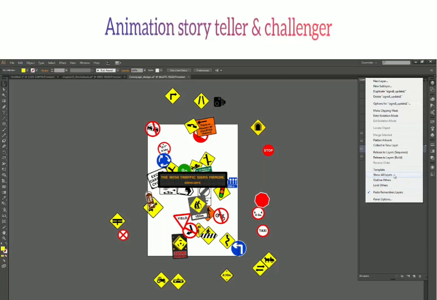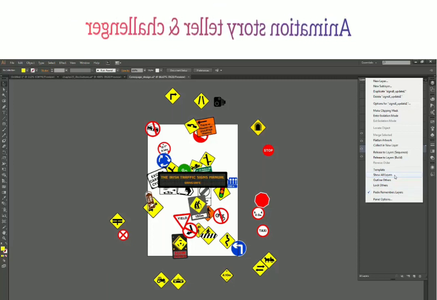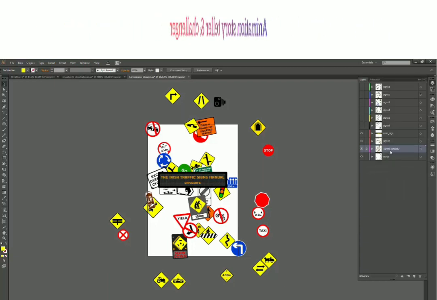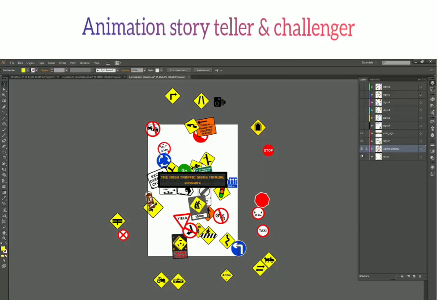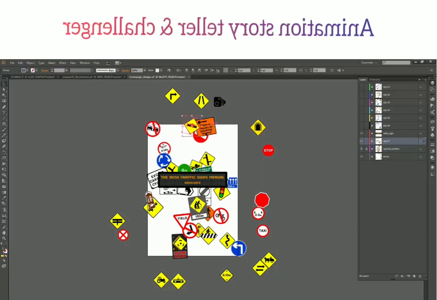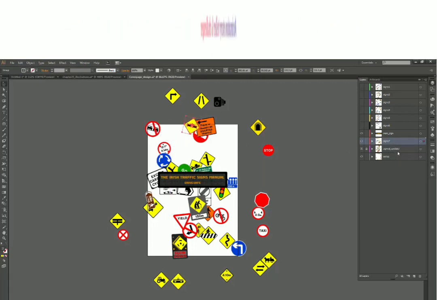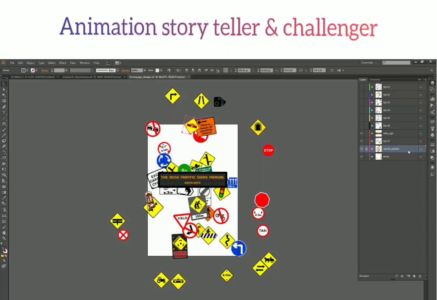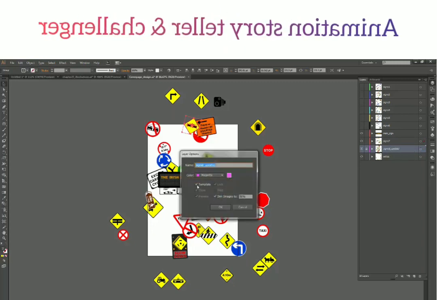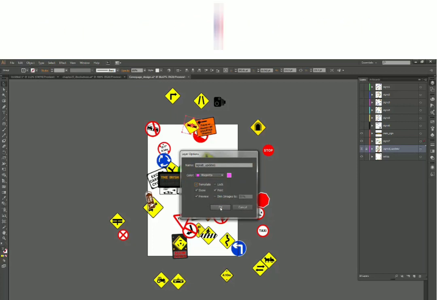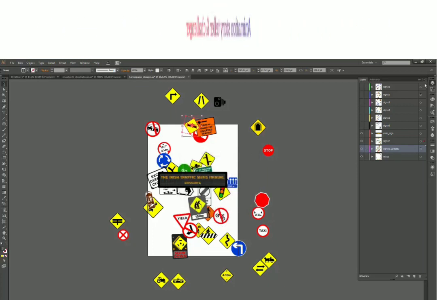And we have this show all layers, which we have seen already, and then it says template mode. When I turn on the template mode, it locked my layer, and now, like I was saying, you can use it for a reference. Now I can work on other layers, but this layer will not work. So yeah, we can do the same thing from here also. If I double click on any layer and turn off the template or turn on the template, it's the same thing. So I just click on OK right now.